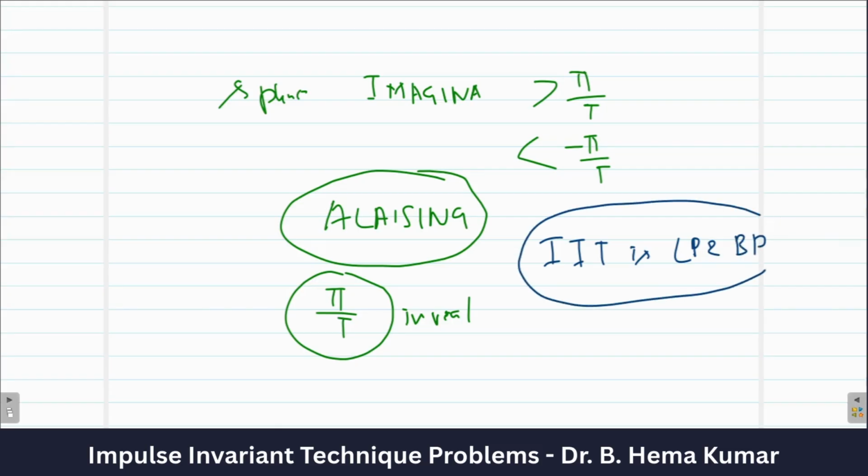You can design a low pass and a band pass filter alone. You cannot design a high pass filter. That is the main drawback of your impulse invariant technique. You cannot design for higher frequencies, because at higher frequencies it will give you the aliasing effect. So this is a problem with